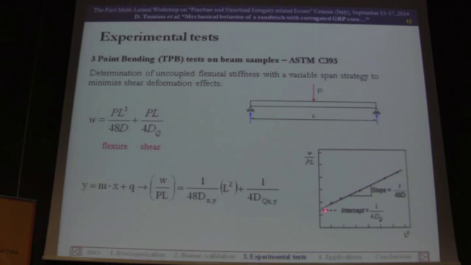Then the slope of this curve is a function only of the flexural stiffness. So we obtained this flexural stiffness from a campaign of tests in X and Y directions, and we were able